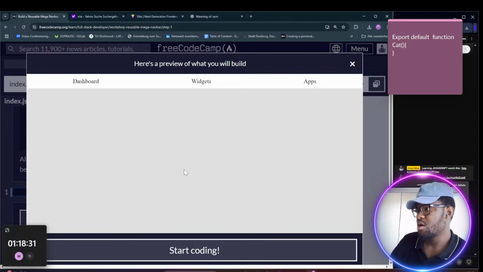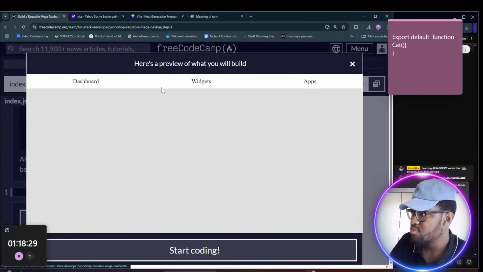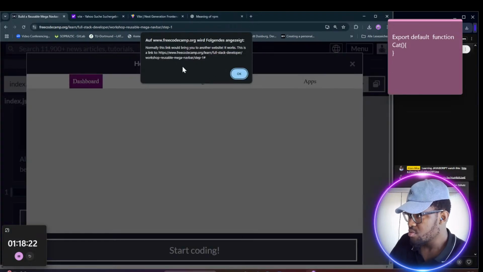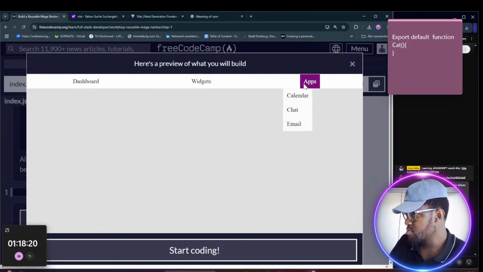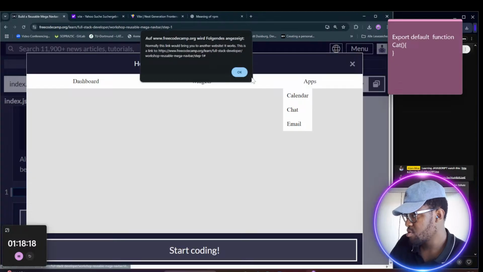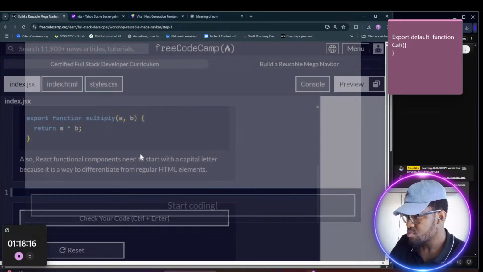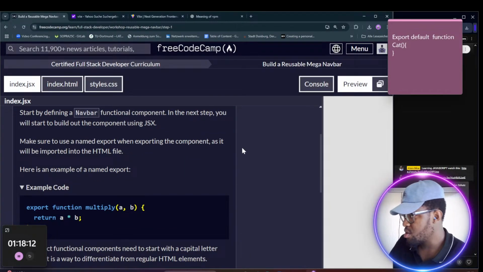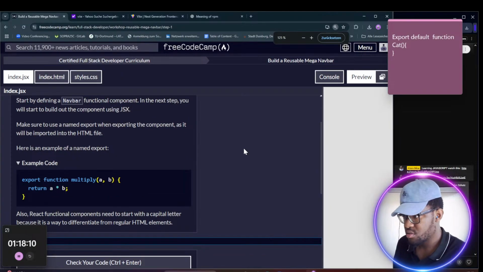So how does the preview look like? Dashboard, widget, and apps. Sorry, calendar, chat. Okay, interesting. So what they want us to do now is